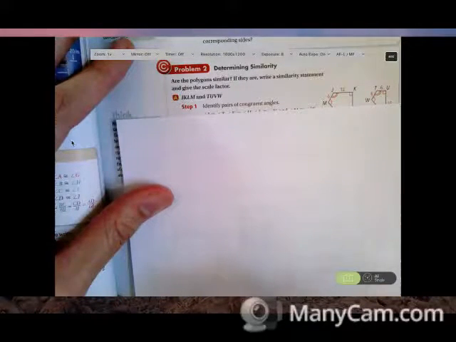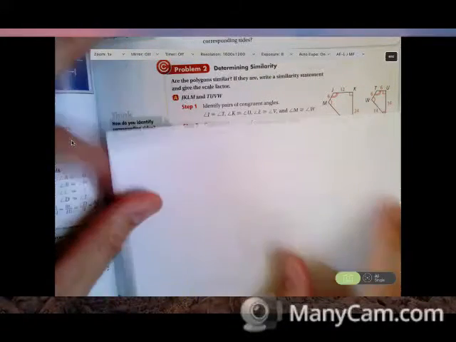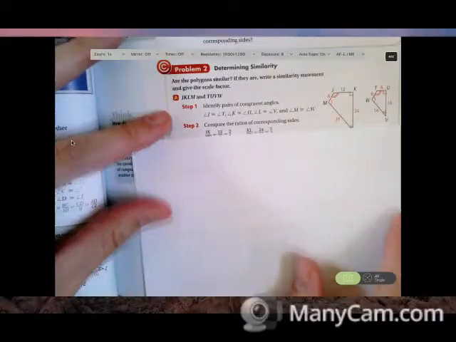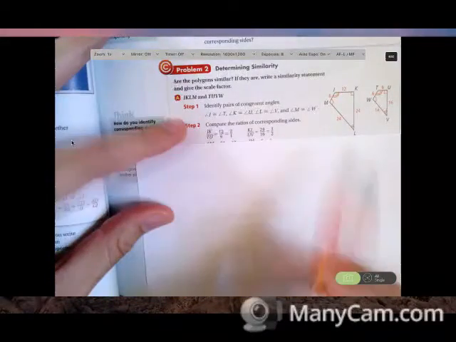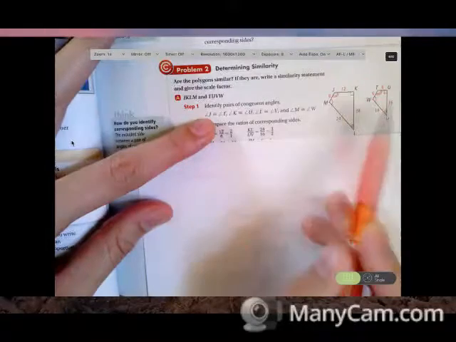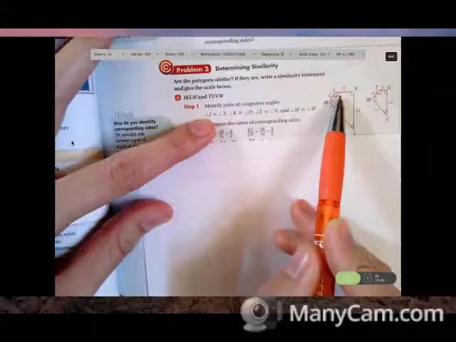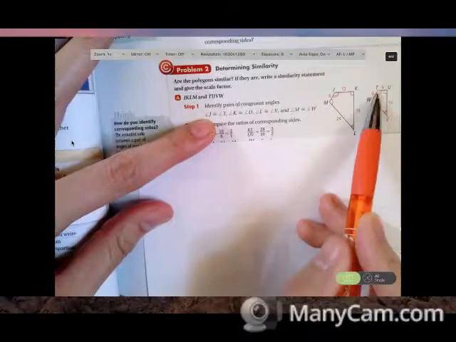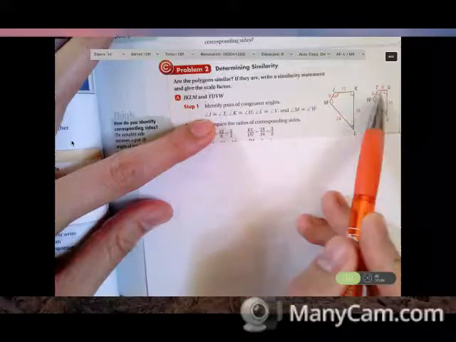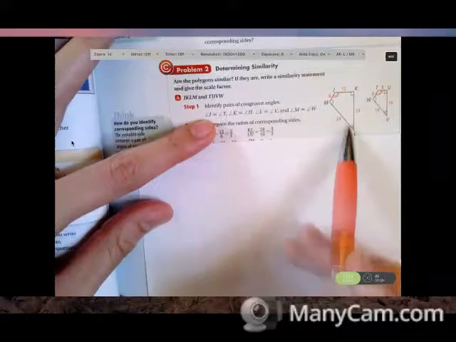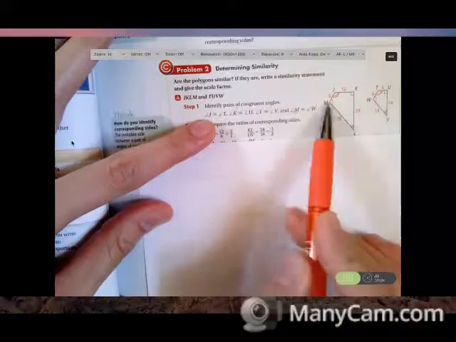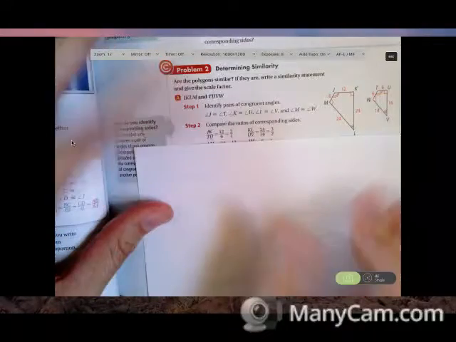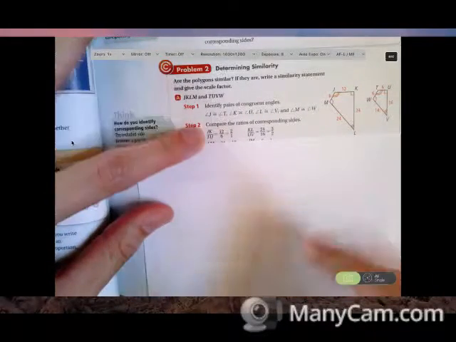So first, to find out if they're similar, let's compare the angles and the sides. So problem 2, angle J is congruent to angle T because of their two angle marks. Angle K is congruent to angle U because they're both 90. Angle L is congruent to angle V, and angle M is congruent to angle W because of the angle marks. Alright, so the corresponding sides,